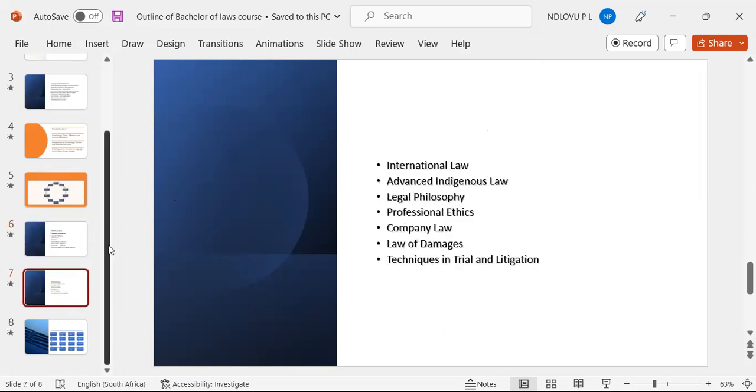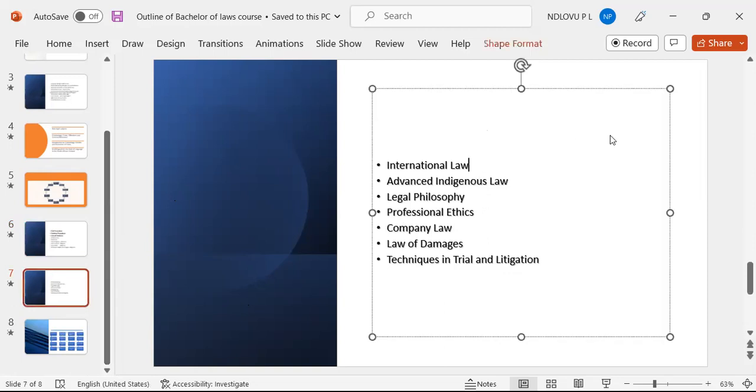Then you've got another set of laws which are very, very important. Let's look at international law. Section 39 of the Constitution of the Republic of South Africa does refer to international law and concludes that it is part of South African law. So it goes without saying that one cannot fully practice law in South Africa if they do not have a working understanding of what we mean by international law